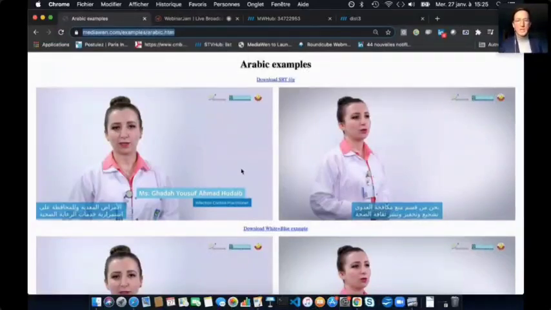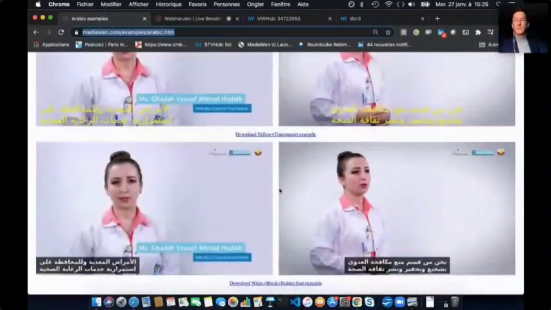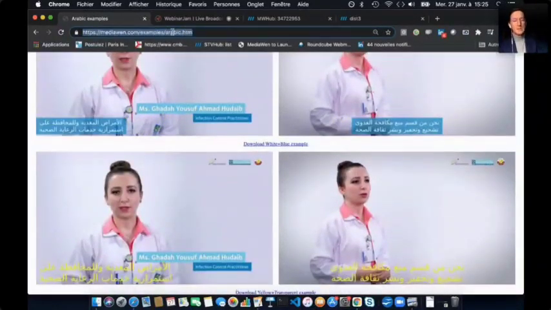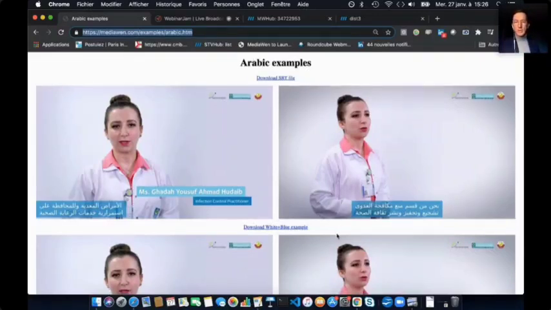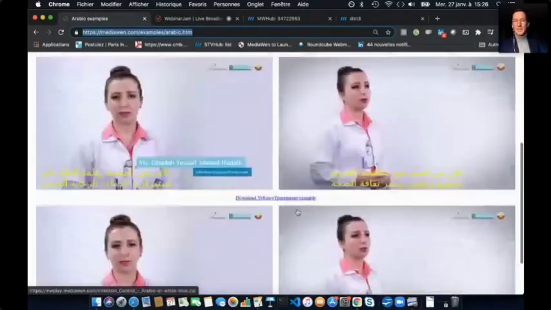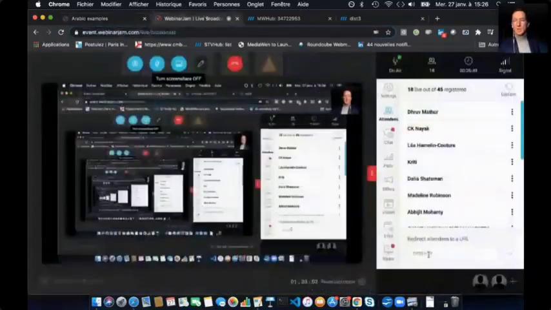As you see, we have endless possibilities. So the placement, to put a block text with a degree of opacity, to change the color, to change the font, to change the size. We put several examples that we will share with you, and you can download an SRT file, as Biraj said, it's UTF-8 compliant, so you can import it in your tools, or you can also download some burnt versions. We put 3 different burnt versions to show you that the possibilities and the customization are almost endless. So this is in short what we do.